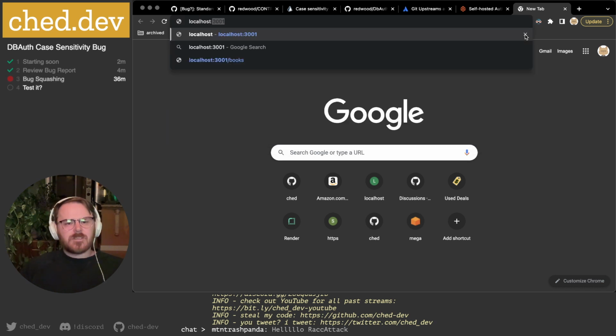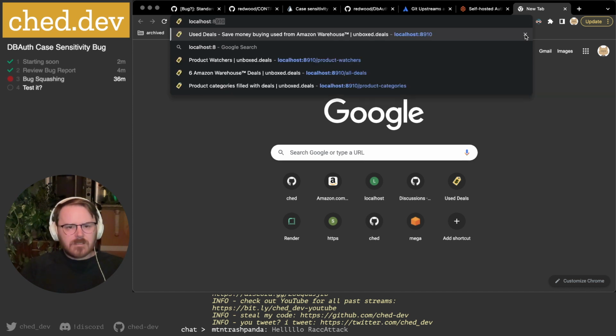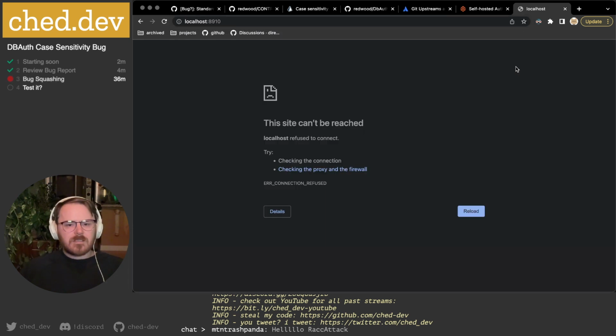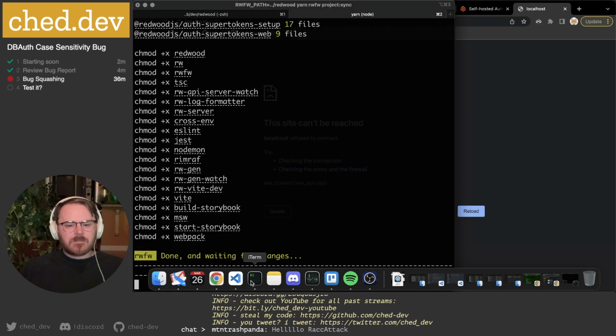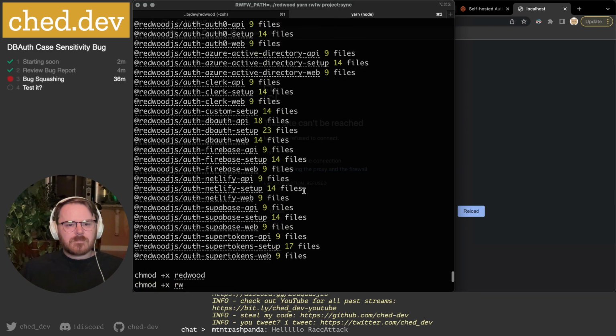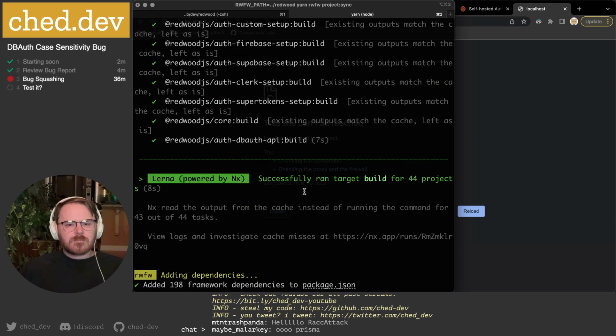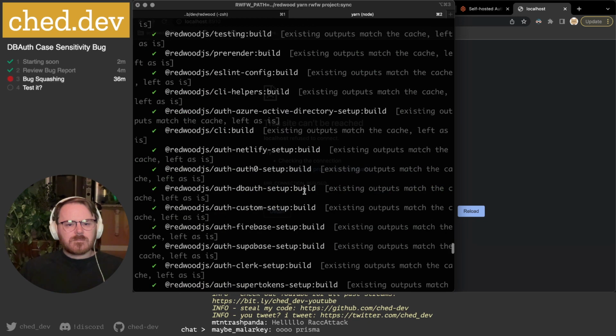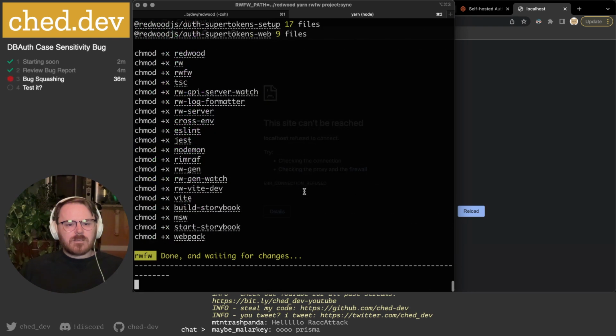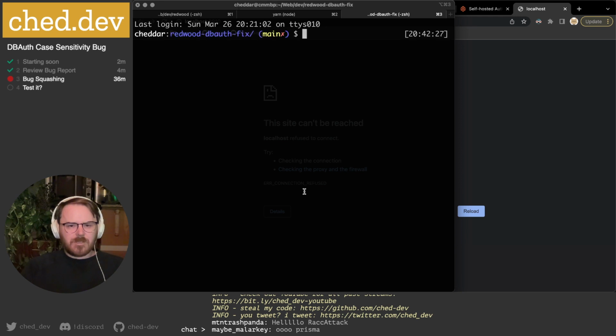Localhost, what is that usually on? 8910? What does it put it on then? Or does it not? It's not running the server, it's just watching for changes. So now if I do yarn rwdev,